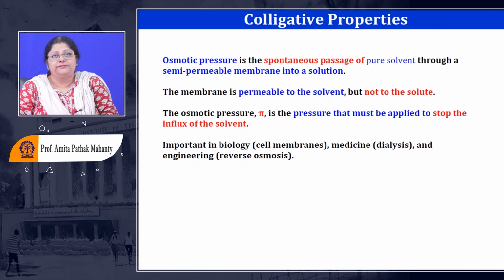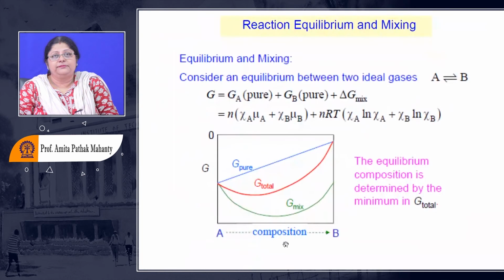Okay, so right now I'm going to start chemical equilibrium. I don't know how much time we are going to be left with. Okay, now what we are looking into is the reaction equilibrium. And in the reaction equilibrium, when we talk about, say, a liquid A going into a product B, which say is a gas, what I'm looking into is the total change in G. What is the total change in G?